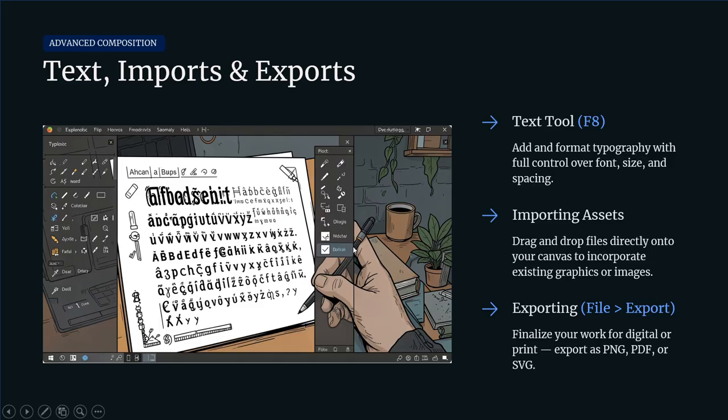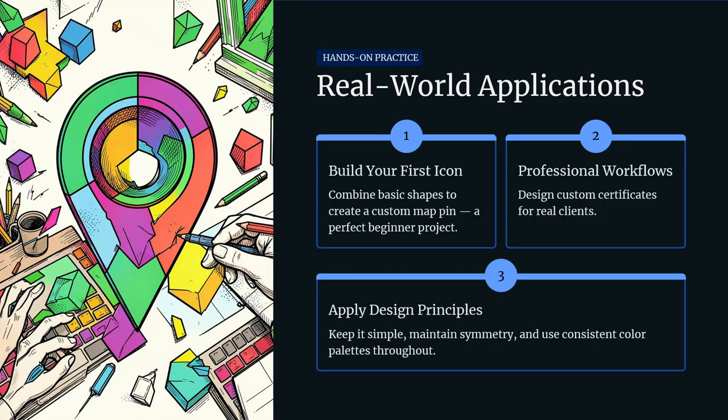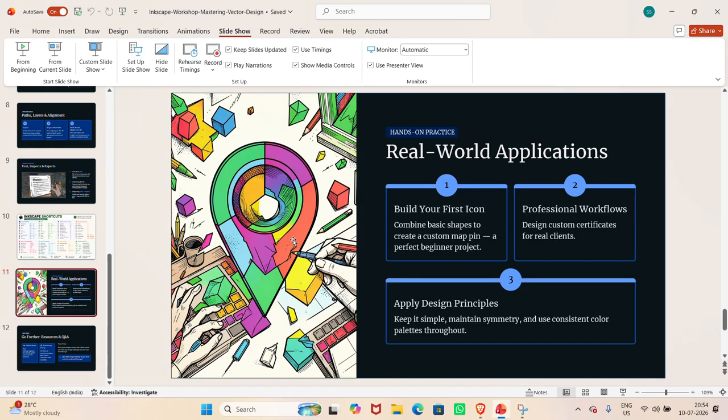Discussing these, I have just jotted down all the shortcuts which a beginner needs for Inkscape. So you can refer to this. I'll send this material to your inboxes, which you can check. So let's move on to the